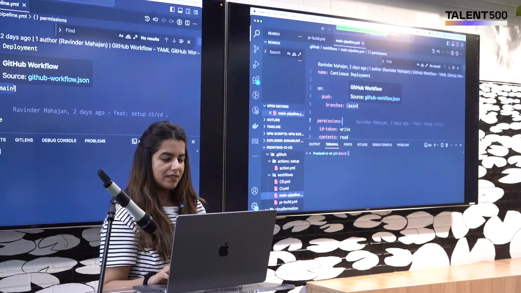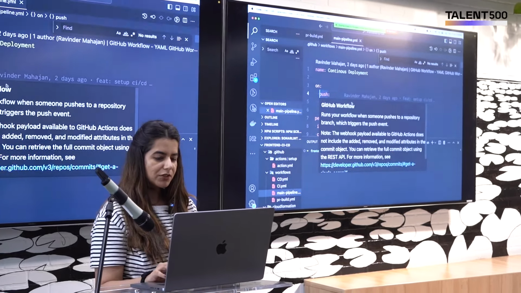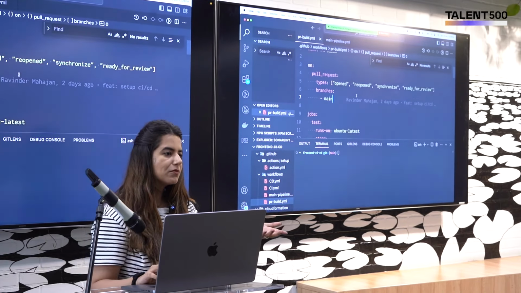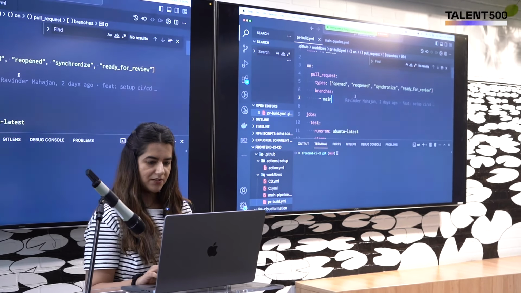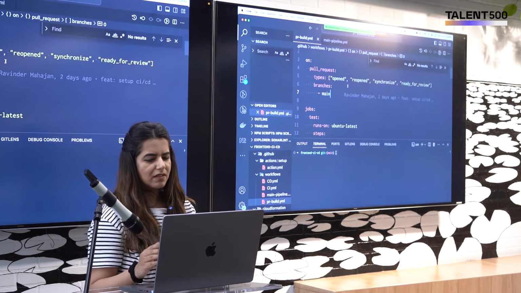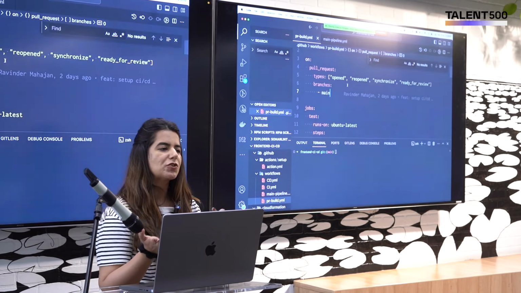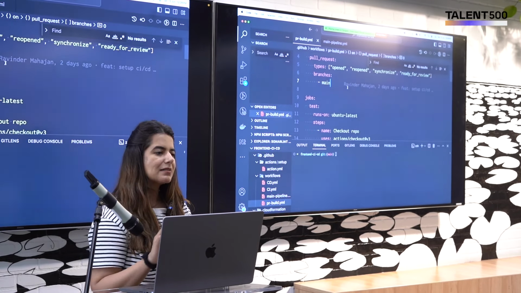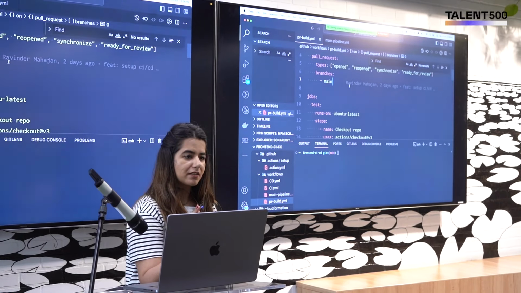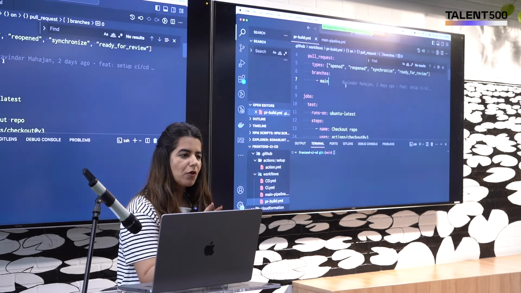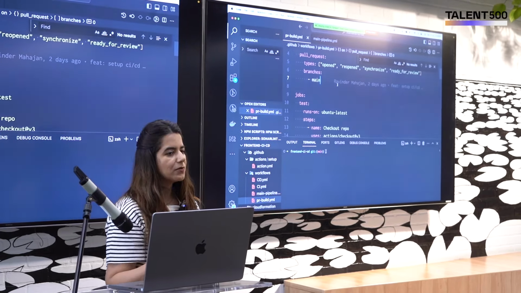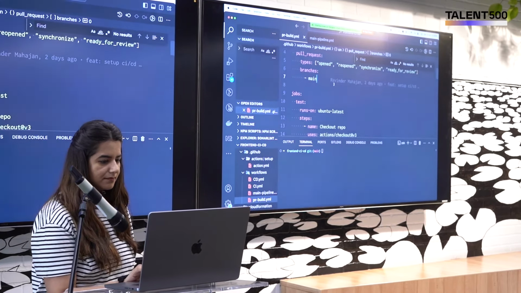So there could be two things. Either your trigger could be a push when you push on the main branch, or there could be a pull request when you raise a feature branch pull request, right? And there can be types, such as whether the pull request has been opened and is not in the draft state, then only I want to run all of this. This completely depends from project to project. GitHub provides a lot of options to configure this file, right? This is one of the ways. You can do it in other ways as well.